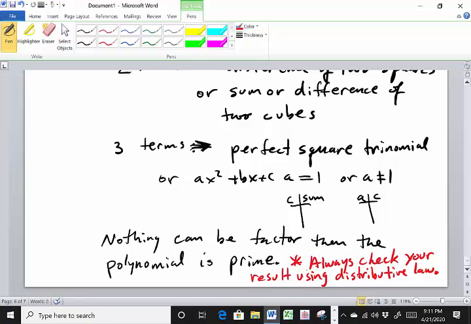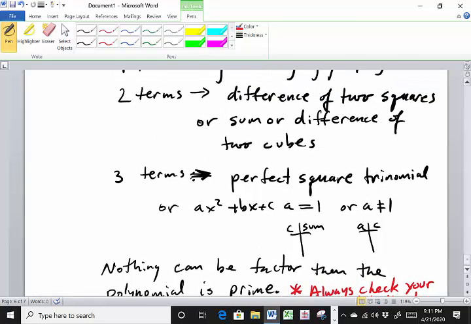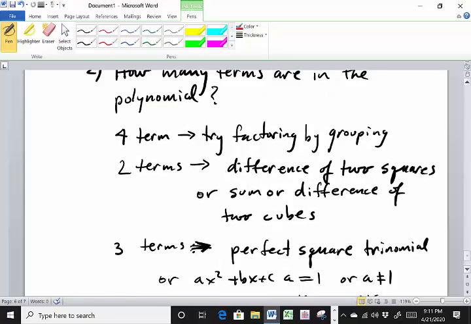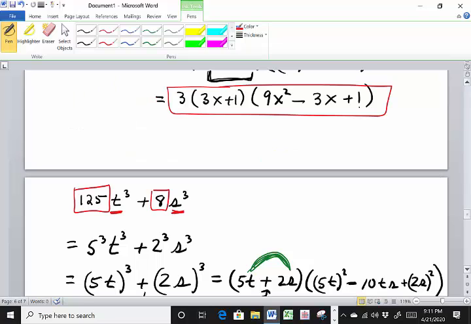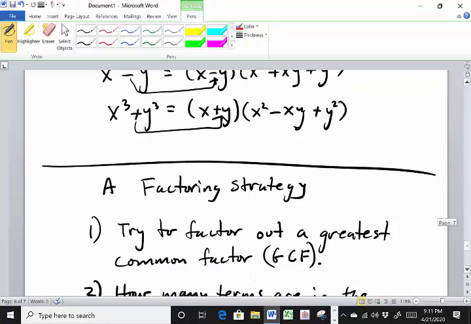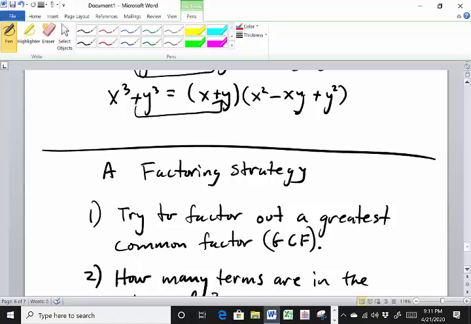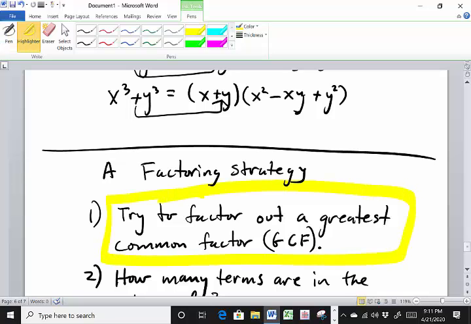Main thing you guys always look for, and it's sometimes easily forgotten, down here, always look for the GCF first. That's very, very important. Okay? Alright, so that ends